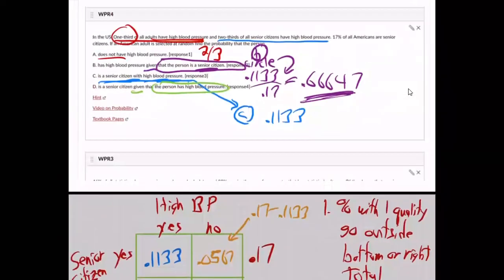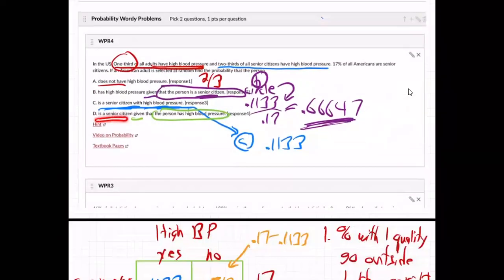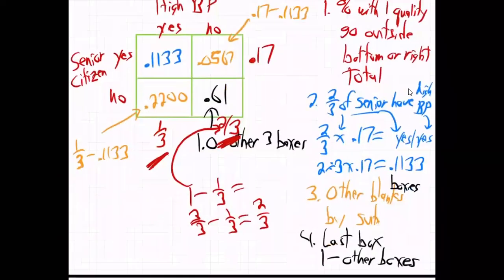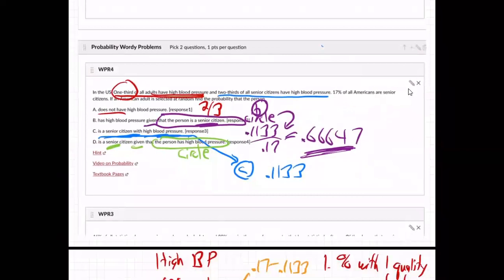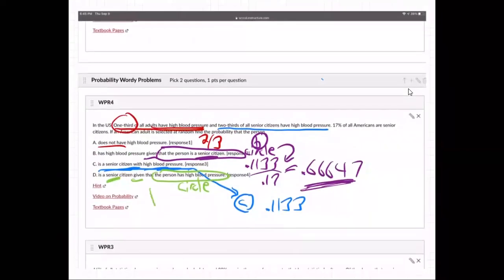Do you see that? Go back over one more time. Senior citizen given has high blood pressure. So what you're given, you circle. You circle what's given. Focus on that. And then the senior citizen part of that. So I'm going to circle the yes, high blood pressure. Forget about everything else. And then yes, senior citizen over the total. This is the total here, which is weird. Decimal over fraction, but we can do it. Right? So it's going to be